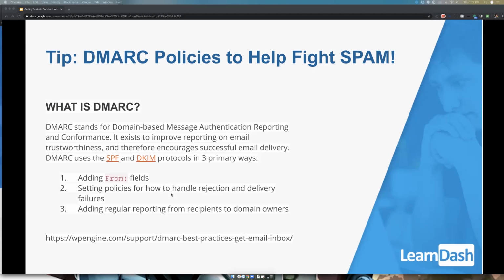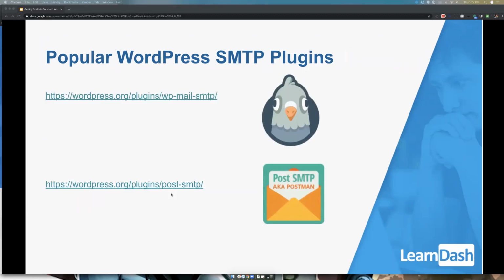Feel free to research this on your own. WP Engine had a great article, even though this could be anywhere in any service. Okay, so the plugin that I was talking about earlier that I would recommend with SendGrid is the WP Mail